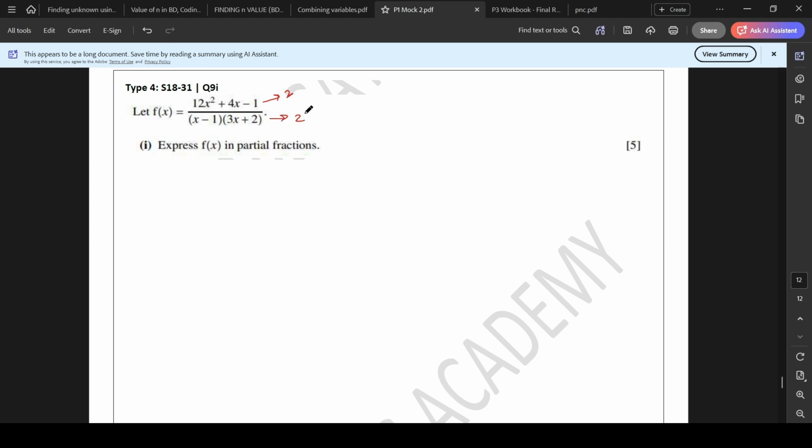in the denominator. Because both of them are the same, it means this is an improper fraction. So after converting the linear factors into their partial fraction format, we'll need to have an extra constant to represent the improper fraction. So I can go ahead and start this question by saying that my f of x is equivalent to A by x minus 1 plus B by 3x plus 2 and then plus C because of that